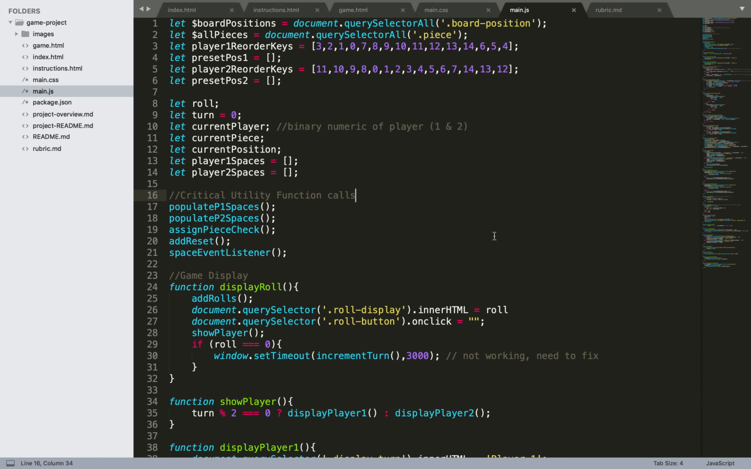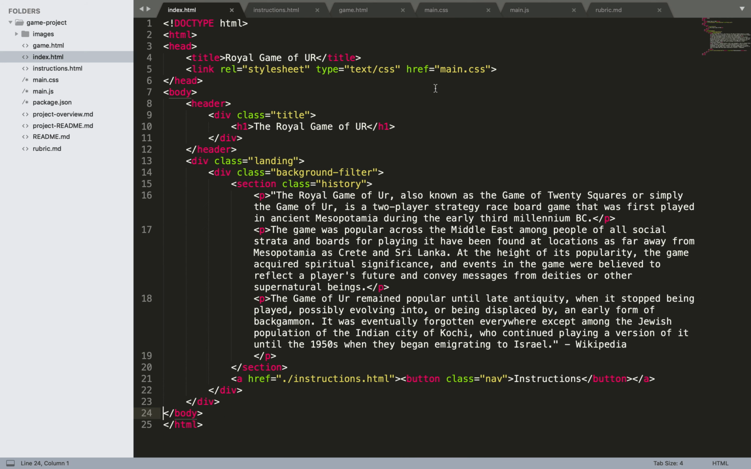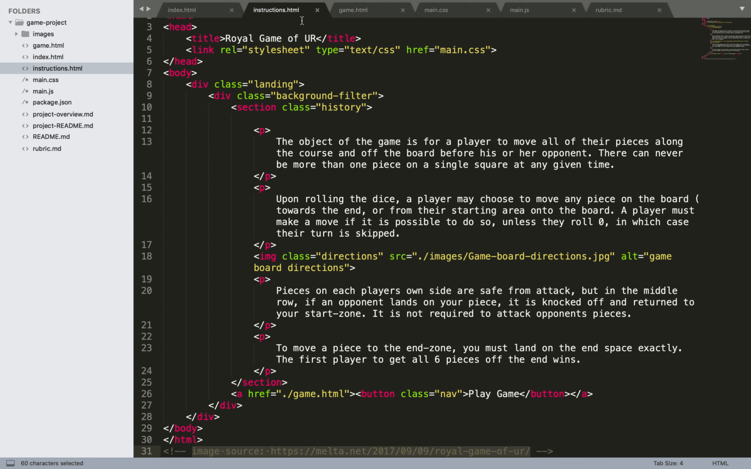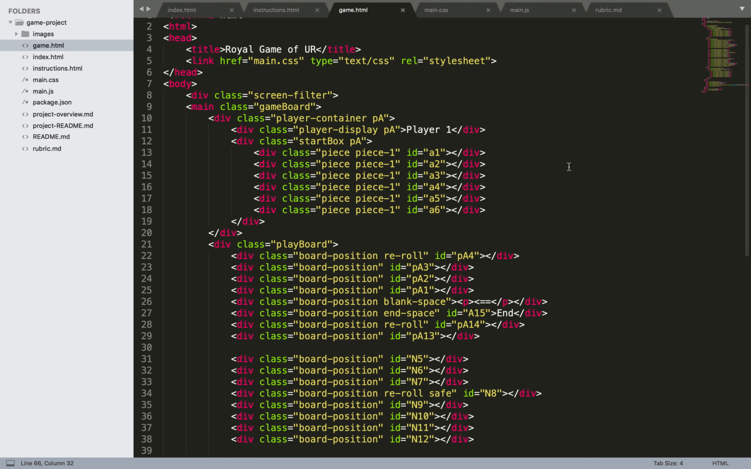So the code. I start with my landing page with the brief history, then my instructions, with the image in the middle, and then my game board. Because of the unique direction that the game board goes in, I decided to hard code it directly into the HTML so that I had more control over the positioning of the actual pieces themselves,